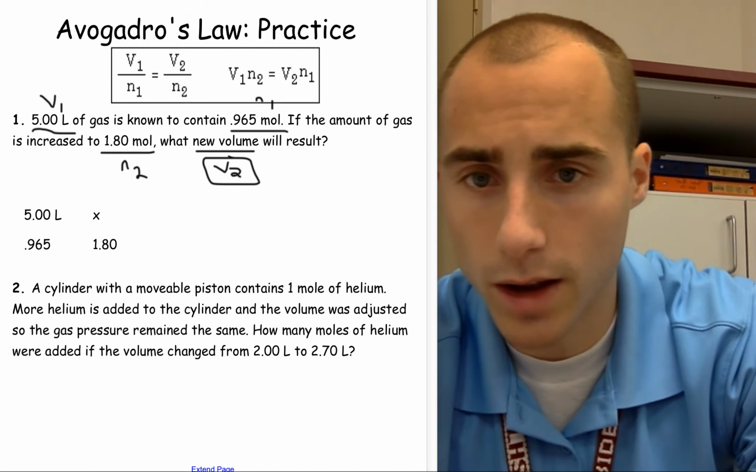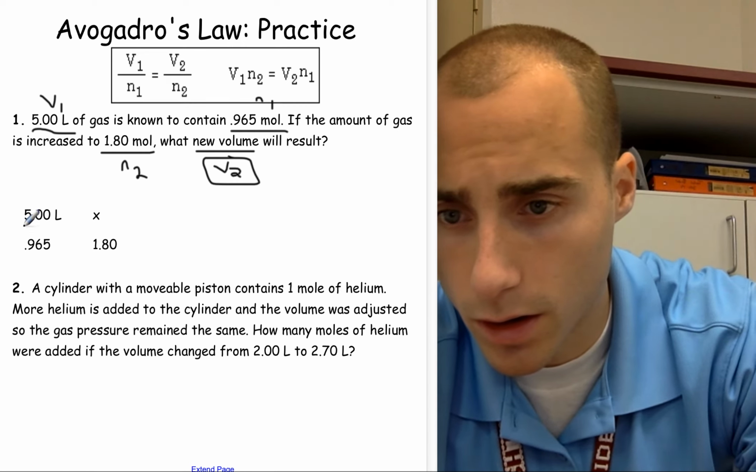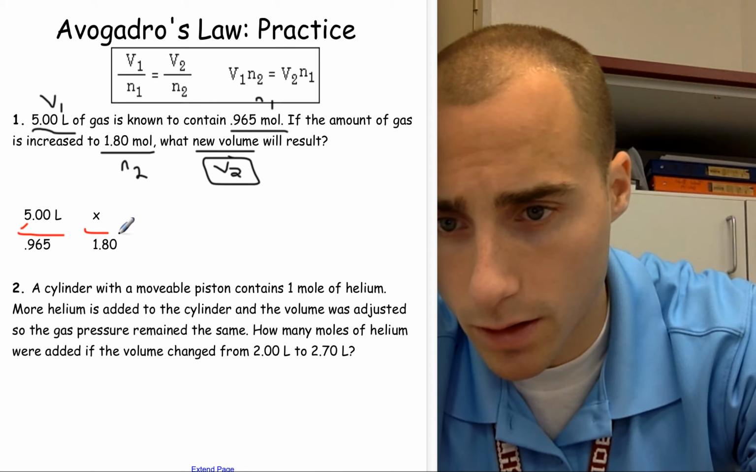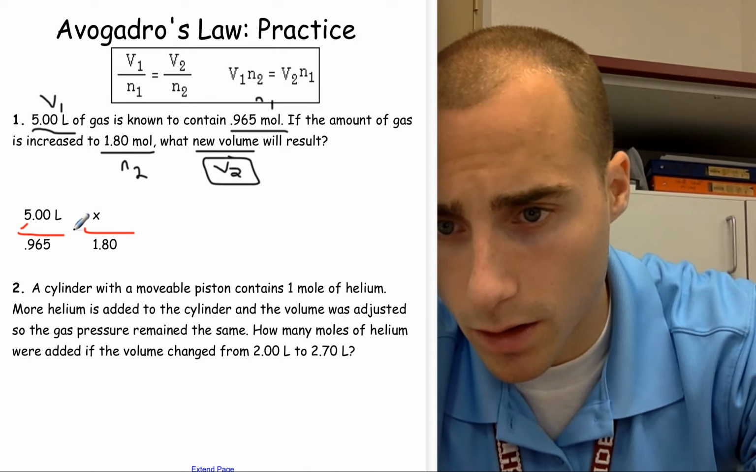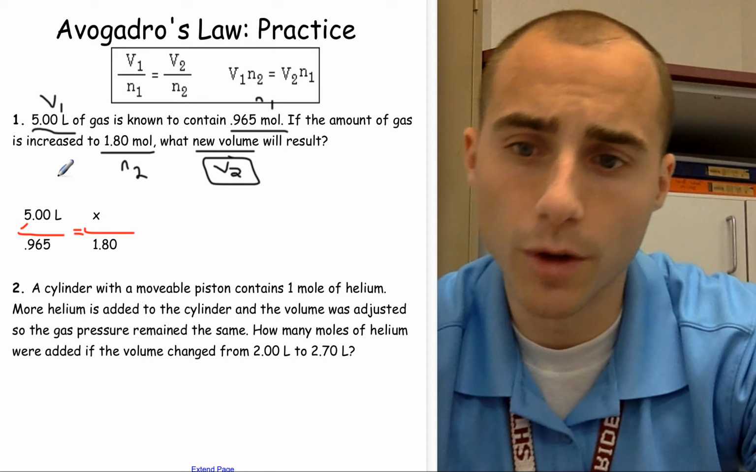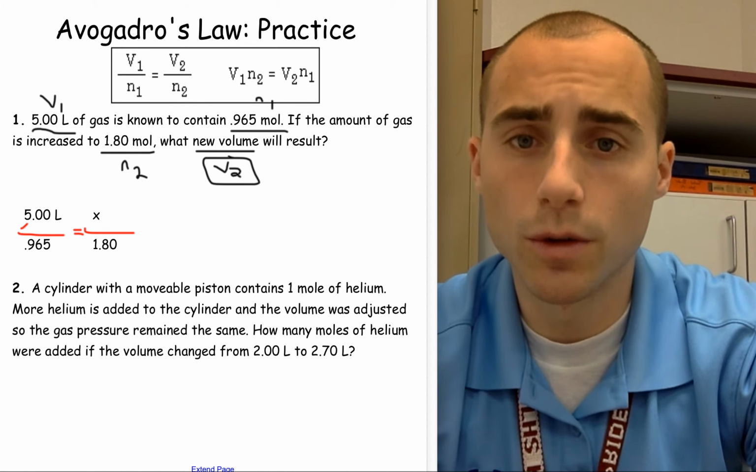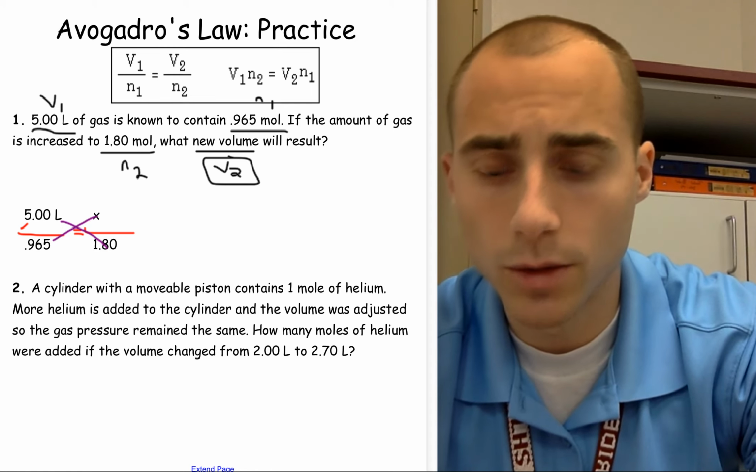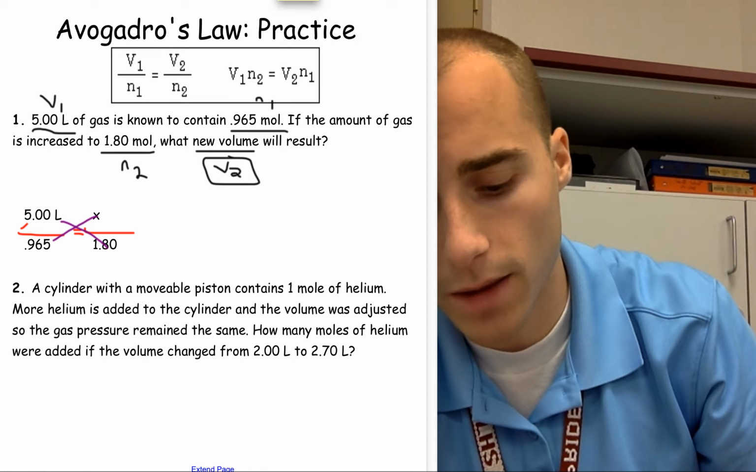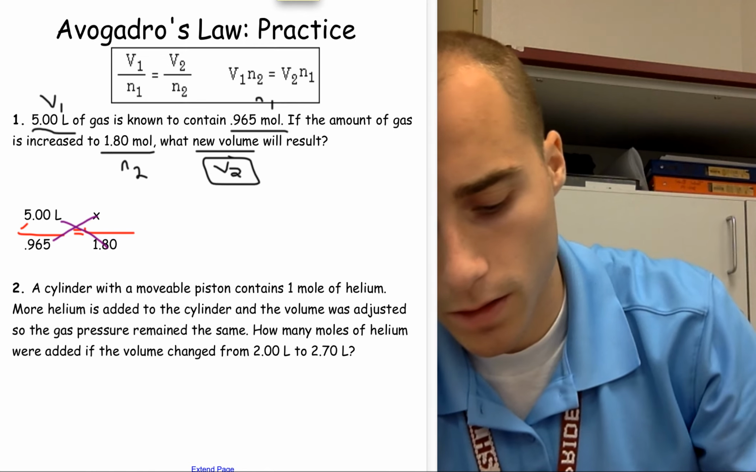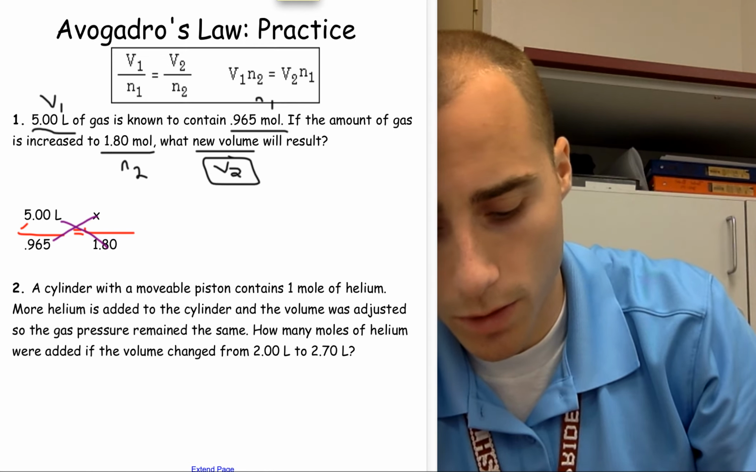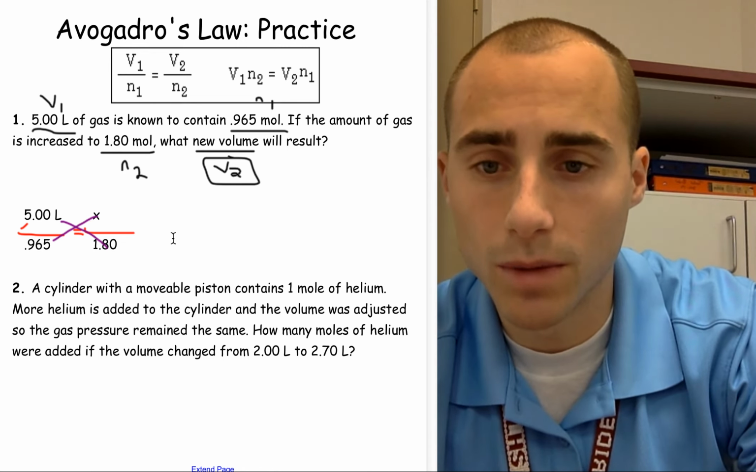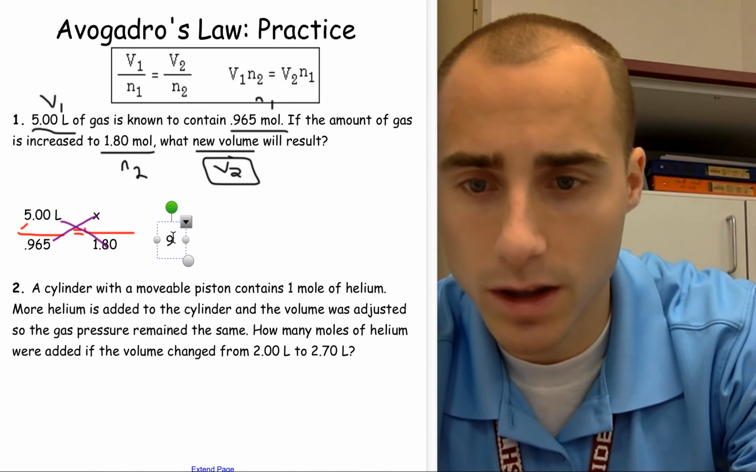So let's go ahead and draw in our equation. There we go. Equals, okay, there we go. That is our equation. Then we are going to cross multiply 5 times 1.8 right there. So we first need to do 5 times 1.8. 5 multiplied by 1.8 is going to give me 9. So 9 is going to equal